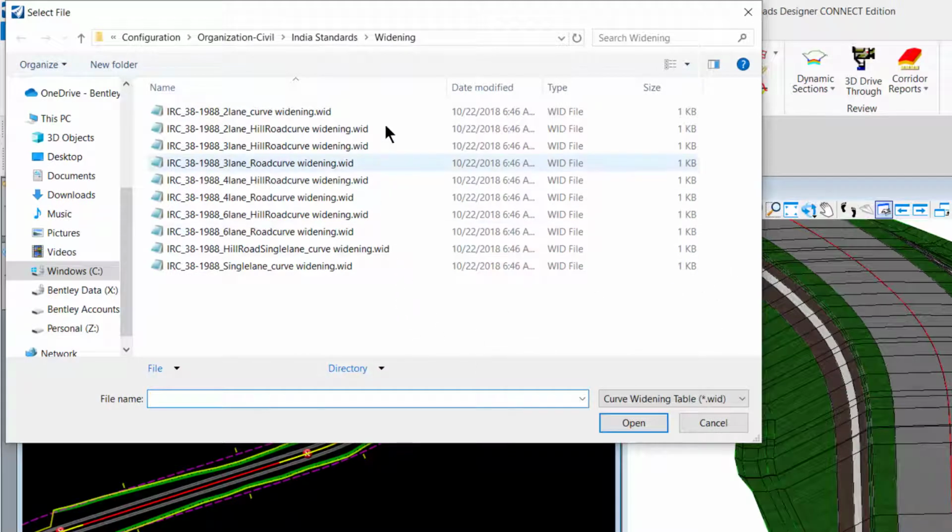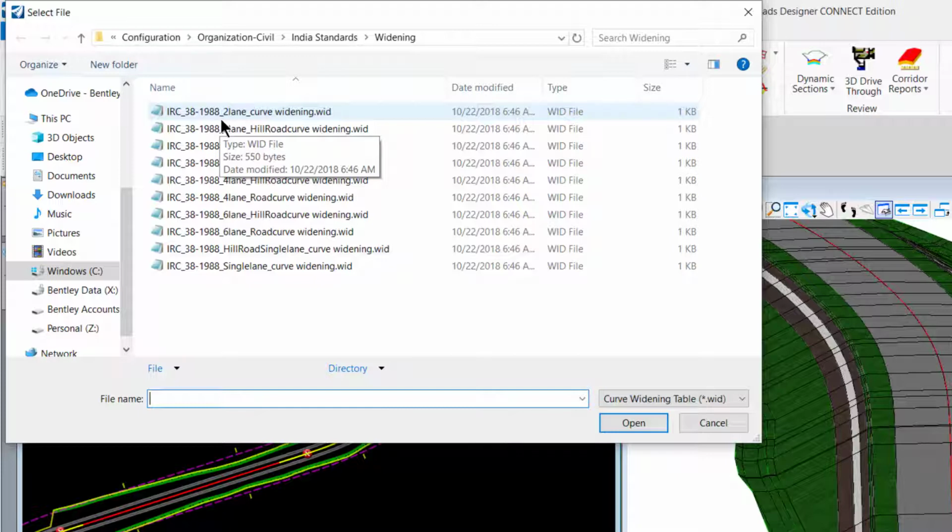This gives me the list of the standard widening files that can be used to assign to the corridor. It has 2 lanes, 3 lanes, 4 lanes, 6 lanes, hill roads and single lane curve widening as per the IRC 38 1988.